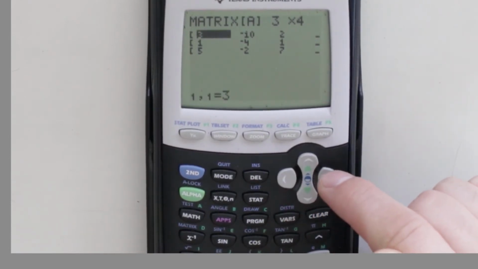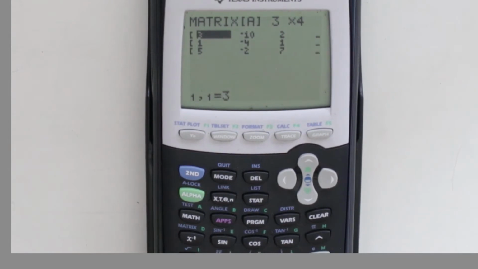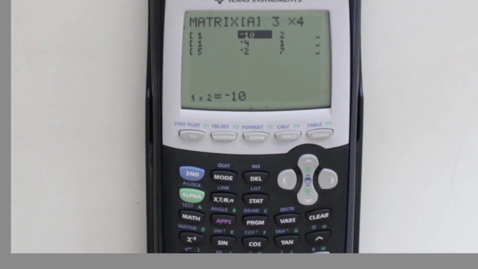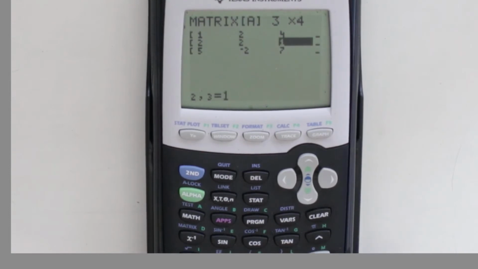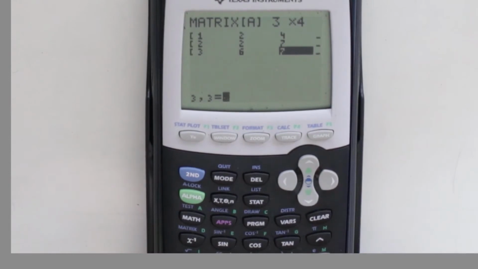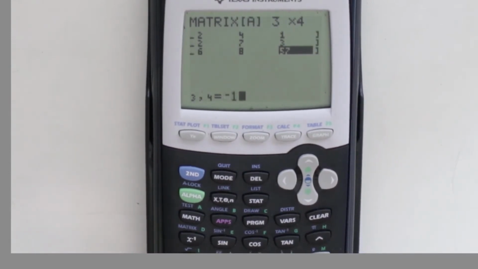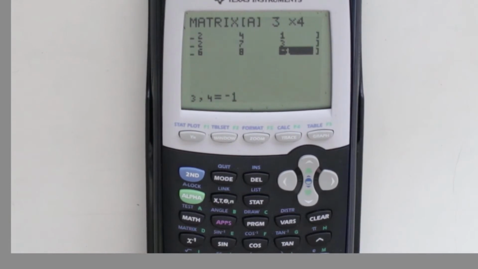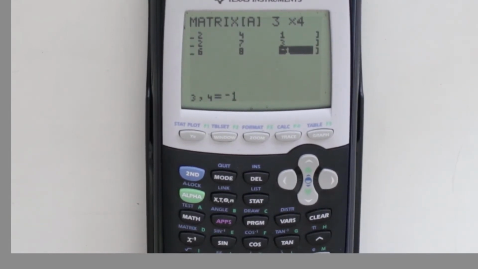Now I'm going to go in and start entering these numbers in. When you hit the enter button, it'll jump to the next column. So this will be a 2, this will be a 4, and this will be a 1. Okay? The next one, 2, 2, 7, 3, 3, 6, 8. This is going to be 8 and -1. Okay, so now that we're done with that,